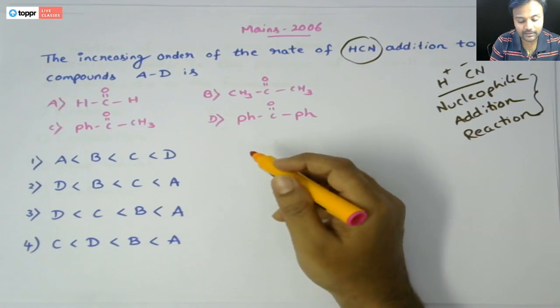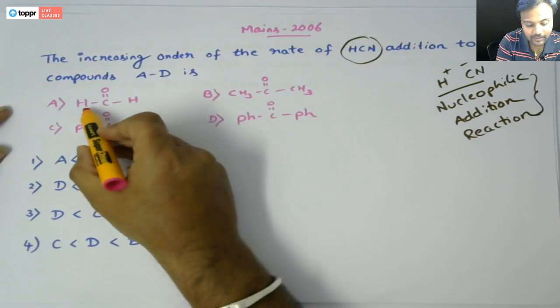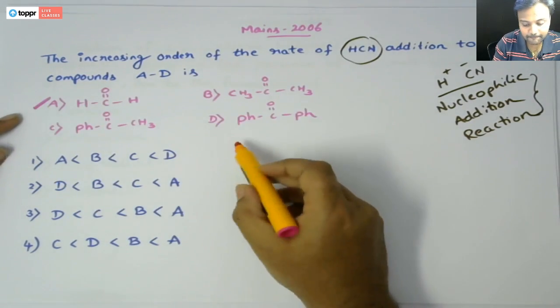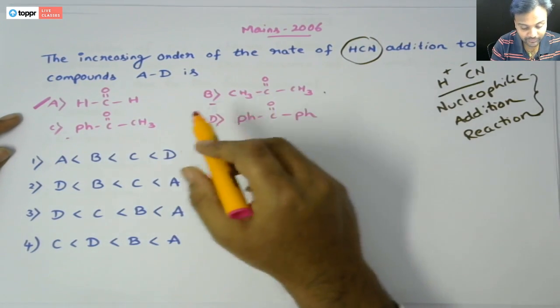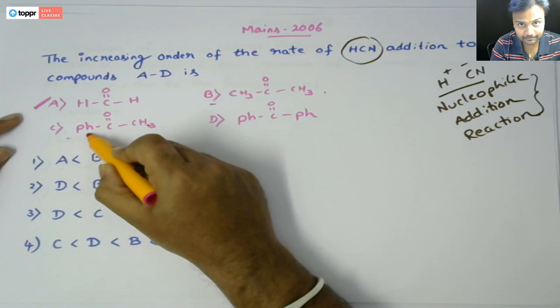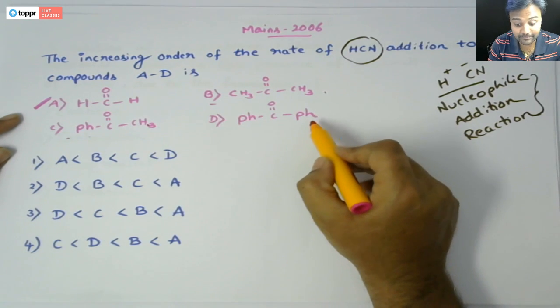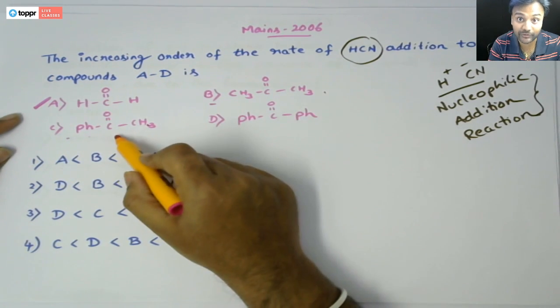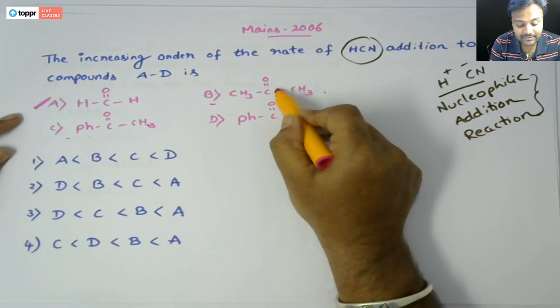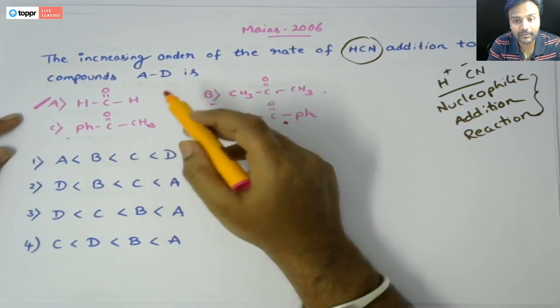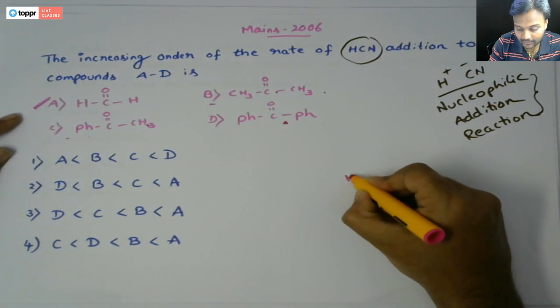Have a look at this. Options A, B, C, D. This is formaldehyde, acetone, then you have one methyl and one phenyl, and here both are phenyl. This is benzophenone, and this is acetophenone. This is simply acetone and formaldehyde. Formaldehyde